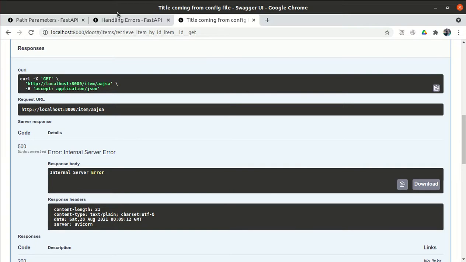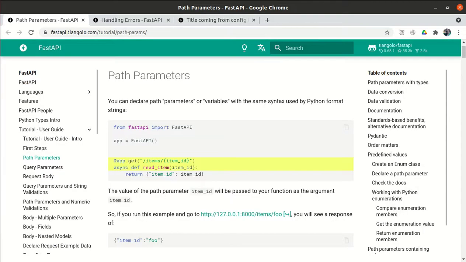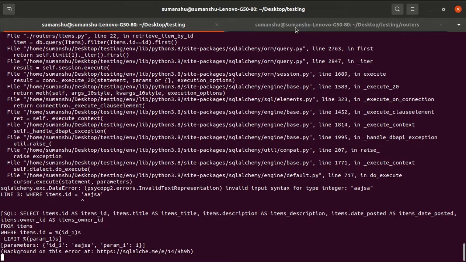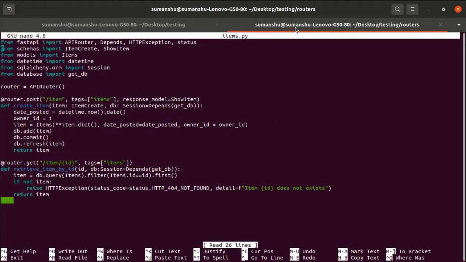So what we have to do is, that's why the Pydantic schema comes into the picture. Because when we are accepting the ID as a field, we are not telling whether the ID is an integer or a string. So it is accepting everything. And if we are passing a string, in our table we explicitly mention our table has an integer, so it is unable to accept that. So here it should be integer only.